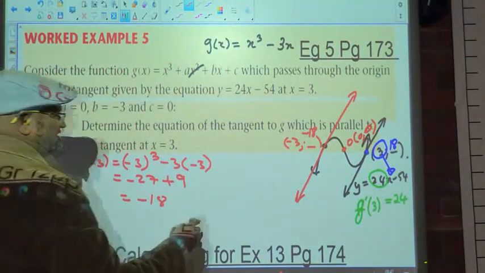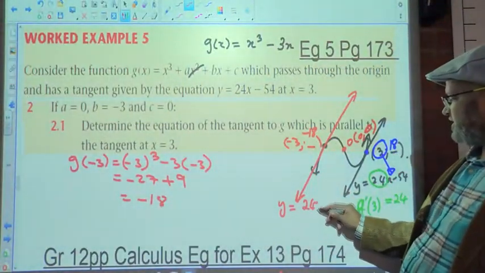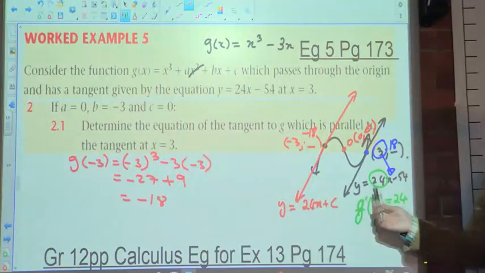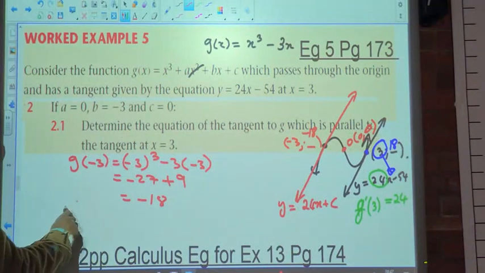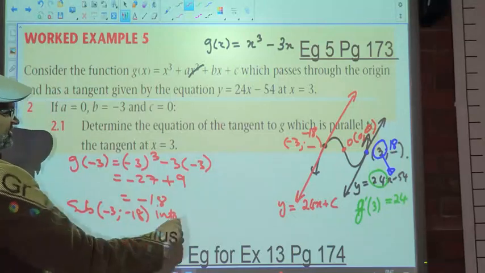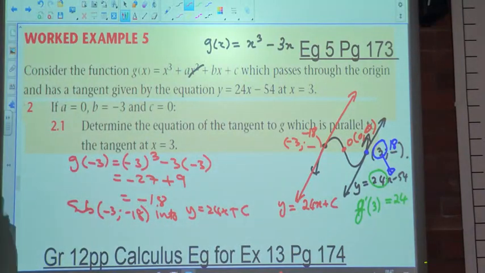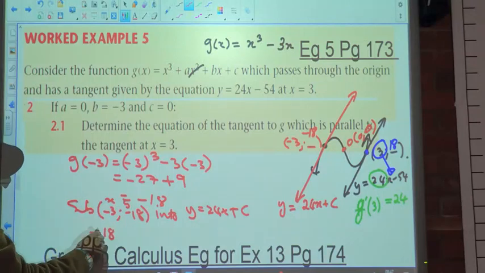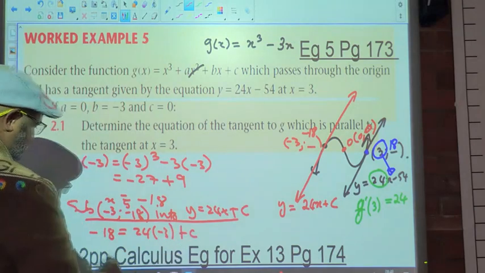So what do I do now? What is the equation of this line as it stands here? y is equal to 24x plus c. Not so, why? Because the gradients are the same. Alright? So what do we do? We now say we're going to substitute negative 3 and negative 18 into y is equal to 24x plus c. Sorry. Alright? So there's an x and a y. We've got negative 18 is equal to 24 times negative 3 plus c. So c works out to be